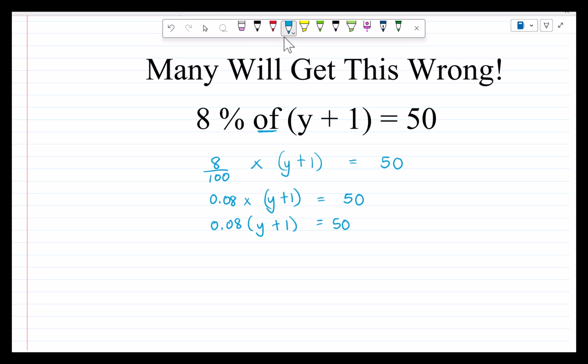And then you expand the brackets: 0.08 times y, that's 0.08y, plus 0.08 times 1 becomes 0.08, is equal to 50. Now we are going to take this 0.08 to the other side, and it becomes a negative 0.08, remaining with 0.08y is equal to 50 minus 0.08, and that is 49.92. Now we divide both sides by 0.08 to remain with y, so that is y is equal to 49.92 all over 0.08. And if we divide this, we get our answer as